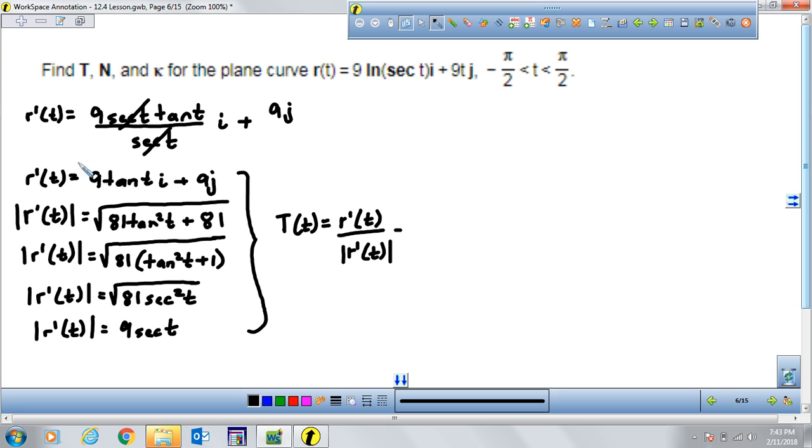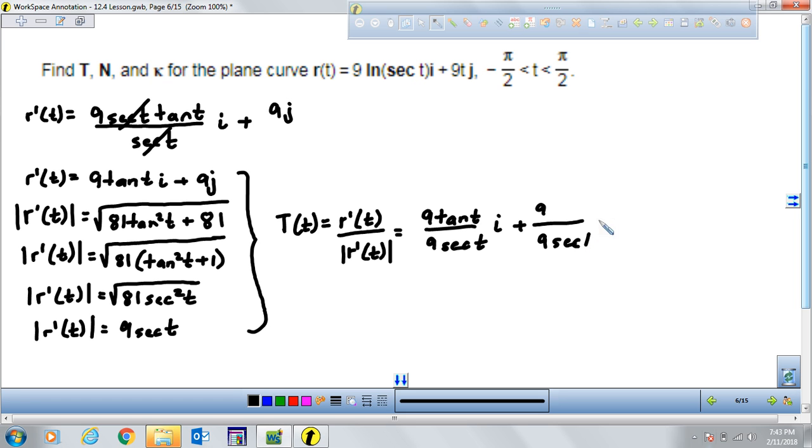So this is the derivative of the position: 9 tangent of t divided by its magnitude, which is 9 secant of t. So 9 tangent of t divided by 9 secant of t, and this is my i component, plus 9 divided by the magnitude, which is 9 secant of t, and that is my j component. This vector,